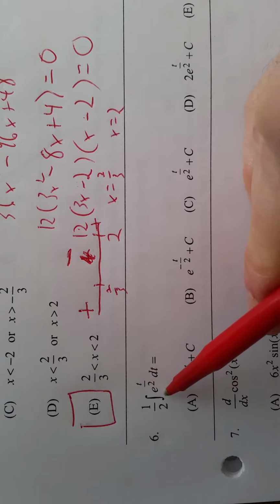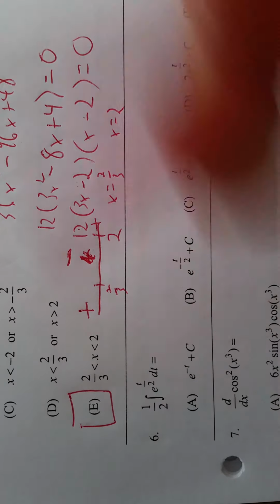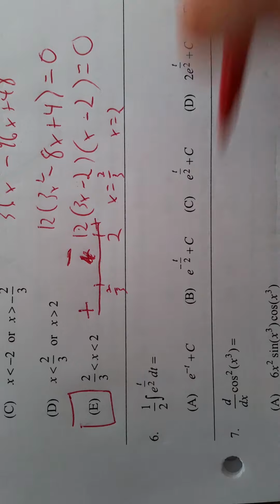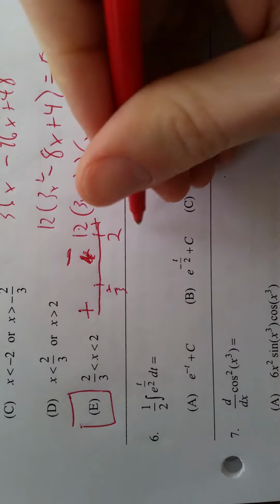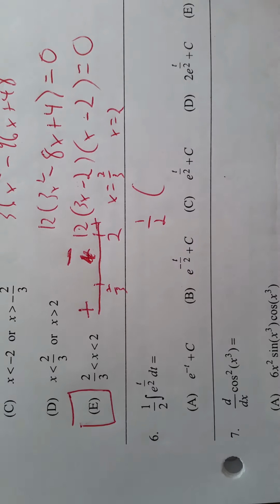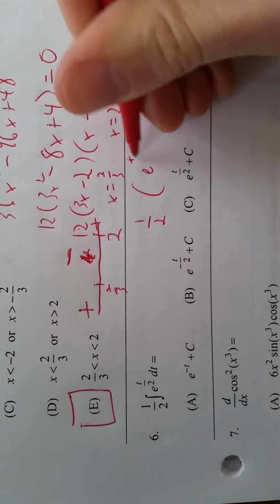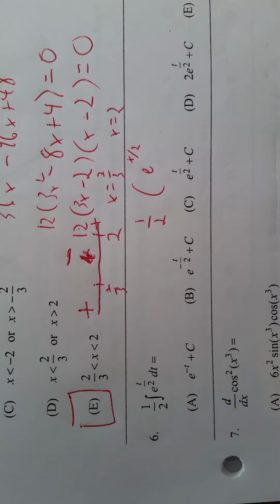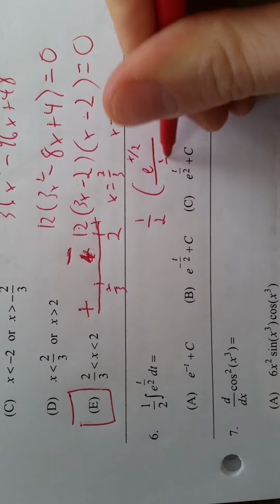All right, 6. You'll notice that we have an integral. This one is indefinite. Okay, they don't give us limits of integration, so we're just looking for an antiderivative. Okay, so it's going to be 1/2 times whatever the antiderivative of this is. So it's 1/2 times the antiderivative. Well, the antiderivative of e to anything is e to that thing, but then we need to compensate for the chain rule, right? So the chain rule would say we would end up multiplying by 1/2, so we end up needing to divide this by 1/2